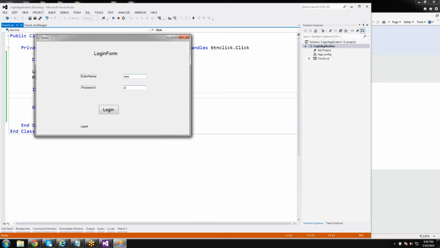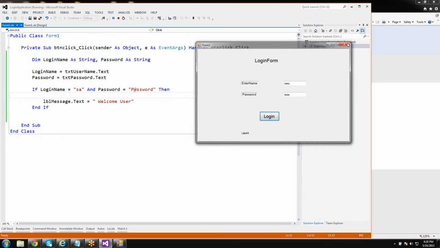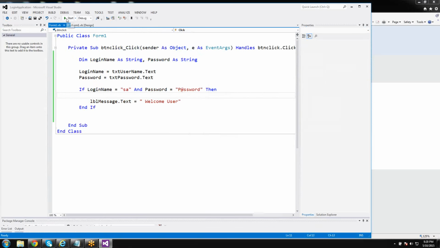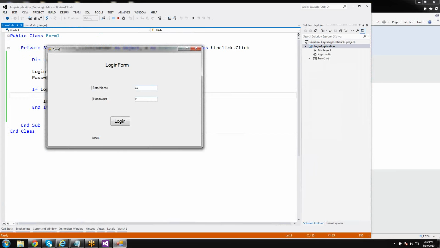Something I have entered and something I have entered. I clicked on login. Where is that? No change, no change, because the previous value was stored there. That's why it's shown like this. Okay. Now again, see that login is SA, capital P at